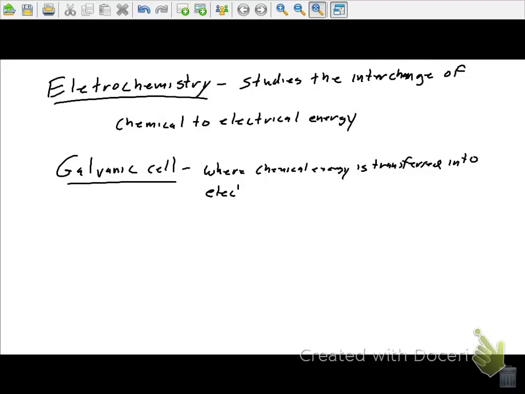Now, it looks like this definition here, but we can also go from electrical to chemical. So we can actually, like when you plug in your phone, okay, when you plug in your phone, your device, it's got a battery in there that when you